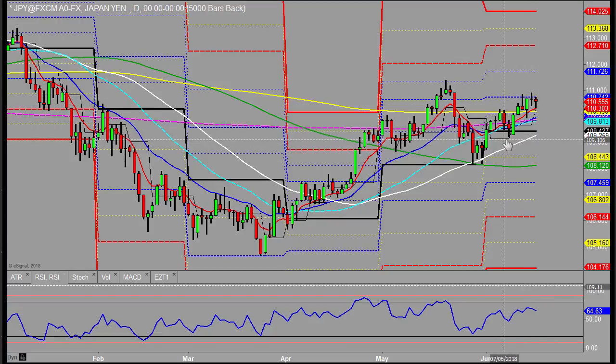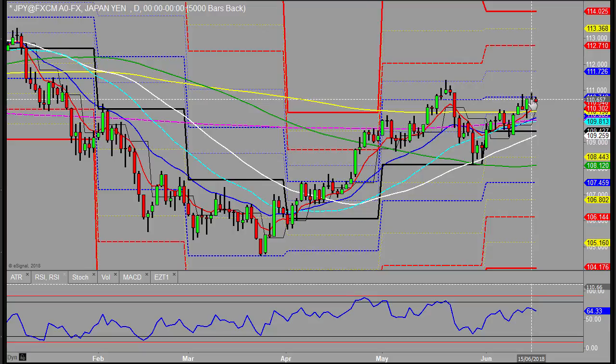So dollar yen still looking like it may want to pitch up higher. As ever, there always seem to be options that sit around it and cause things to slow up a lot. So we'll just see how it pans out.